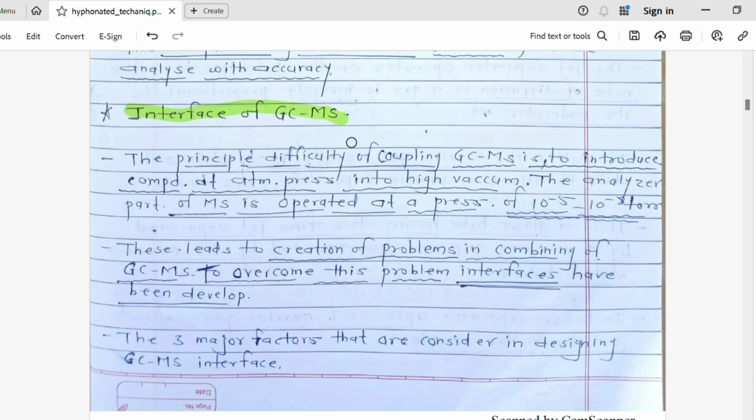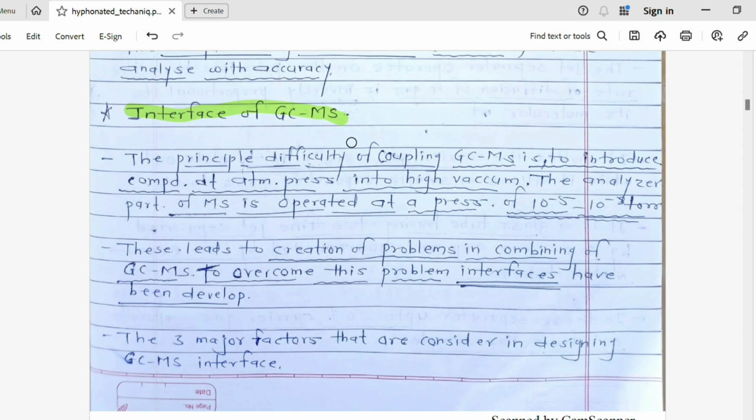The principal difficulty in coupling gas chromatography and mass spectroscopy is to introduce compounds at atmospheric pressure into a high vacuum. The analyzer part of the mass spectroscopy operates at a pressure of 10 raised to minus 5 to 10 raised to minus 8 torr. This leads to possible problems in combining GCMS. To overcome this problem,